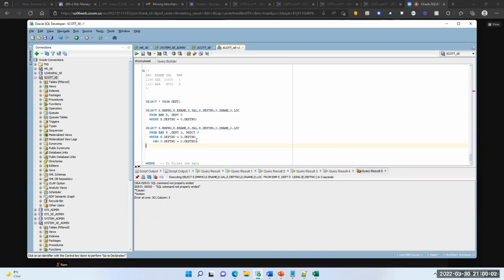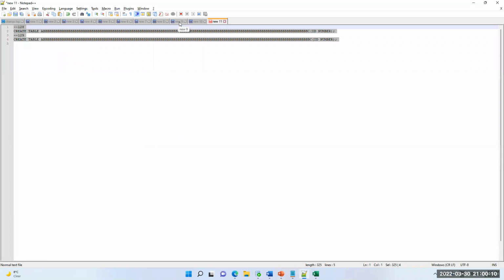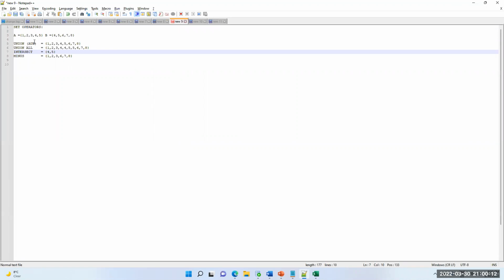Let me tell you some examples here. You guys remember set operators, when we talked about set operators? See, A union B, A intersection B. This is a similar kind of concept actually. So left outer join, what does it do? It returns the full set of records. Let me explain.